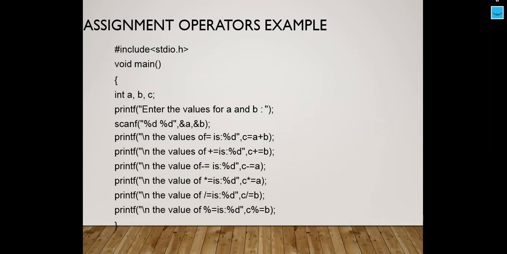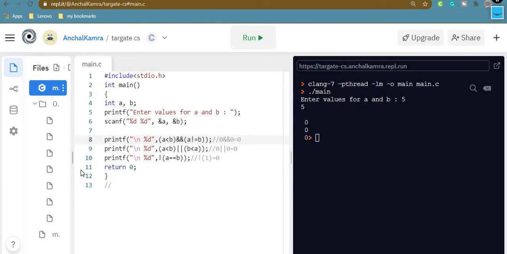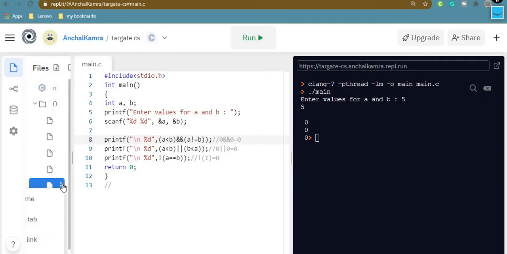Okay, this is our code. So we are instructing the user as always to enter the values, and we are fetching those values from the console or from the output screen, and then we are trying to execute these statements. Then we are trying to execute these expressions, that is the use of C plus equal to, C minus equal to, multiply equal to, or divide equal to. Let's just run a program on the IDE in order to execute all these.